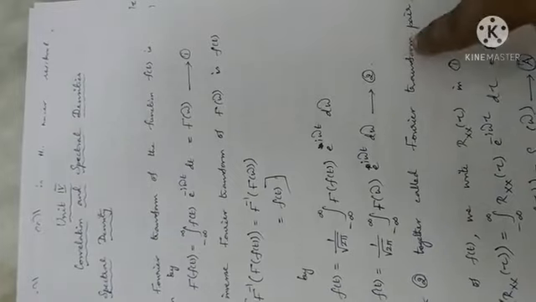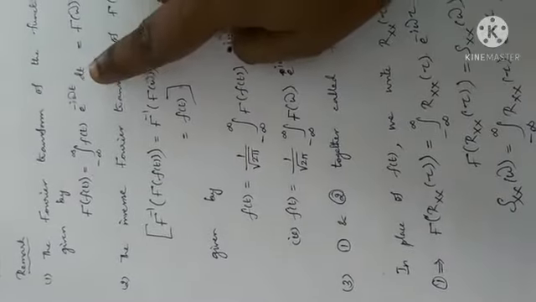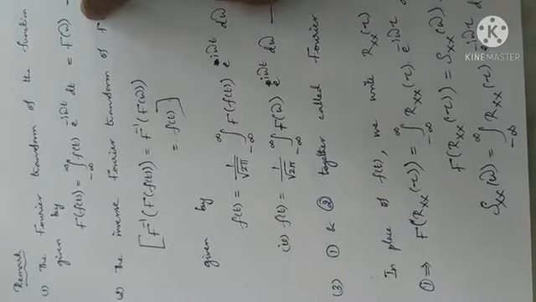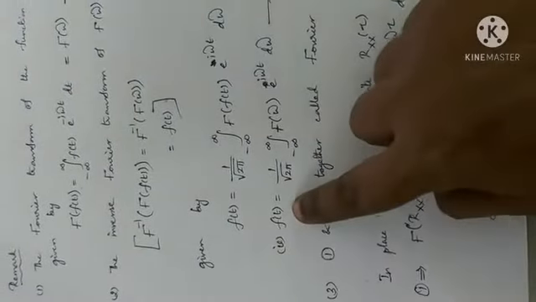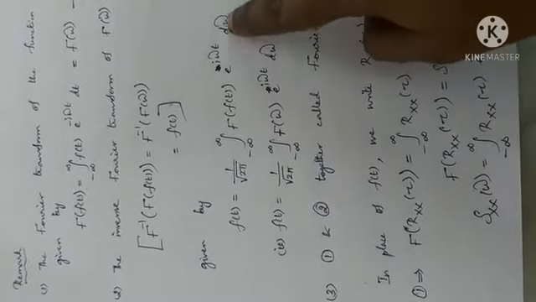And do you know this 1 and 2 together are called the Fourier transform pair? That is the Fourier transform and inverse Fourier transform formula. They both together are called the Fourier transform pair. In place of f of t, you know now what is Fourier transform and inverse Fourier transform. This is the Fourier transform formula. The answer of the Fourier transform will be a function of omega. That's why in the inverse Fourier transform, being a function of omega, it is integrated with respect to omega.